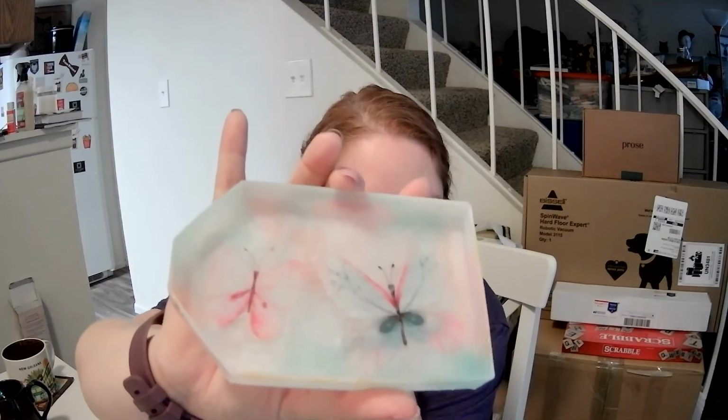It is resin. It is not a 3D image. I haven't used it yet, so I don't know about the spacing for the lines or anything like that. But it's pretty. It's very pretty. I haven't shown it yet. It's sparkly. There's a little bit of gold along the edges, and then the 2 butterflies on it. It came with a little angel wing,